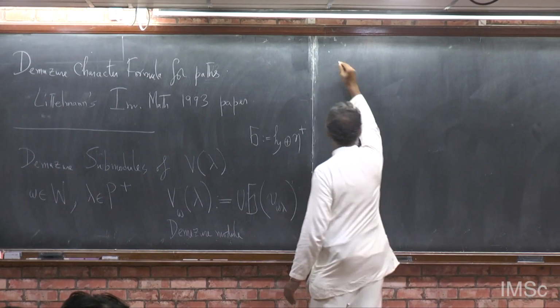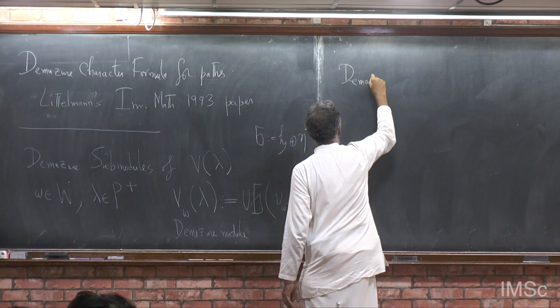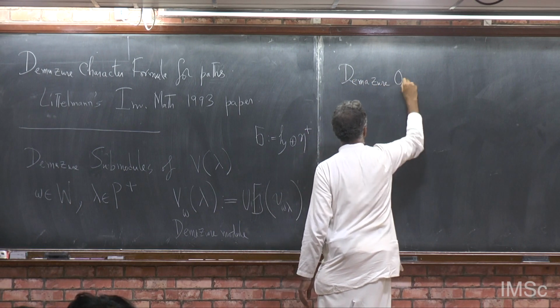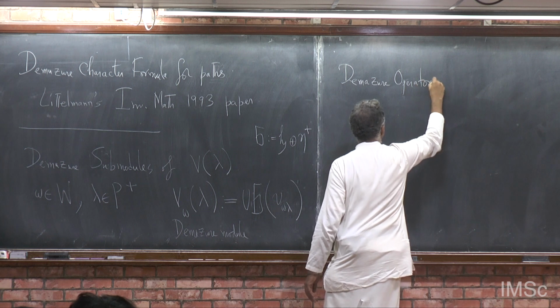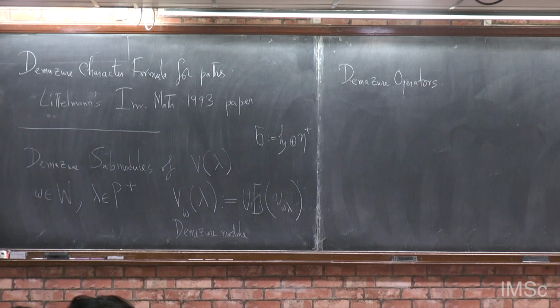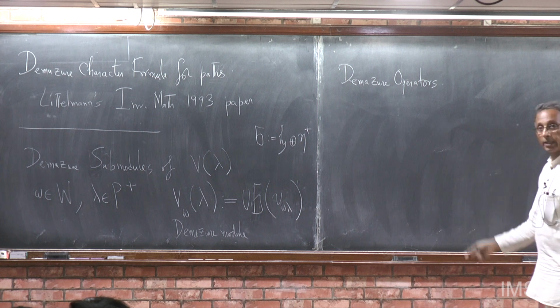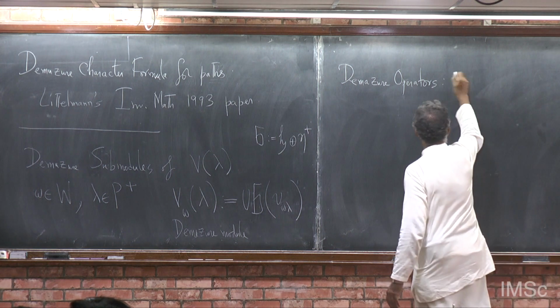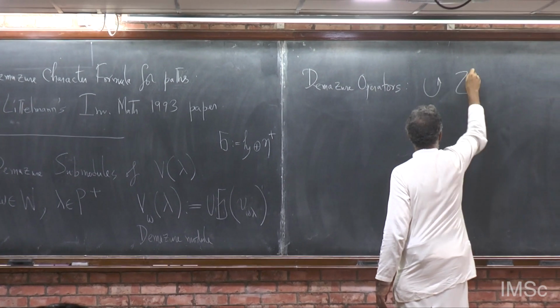Okay. Now let's talk about operators which are called Demazure operators. These are very simple and very nice operators, and the Demazure character formula is in terms of these operators. Now everything from now is very elementary, so you should be able to follow. So what is this operator? They act on